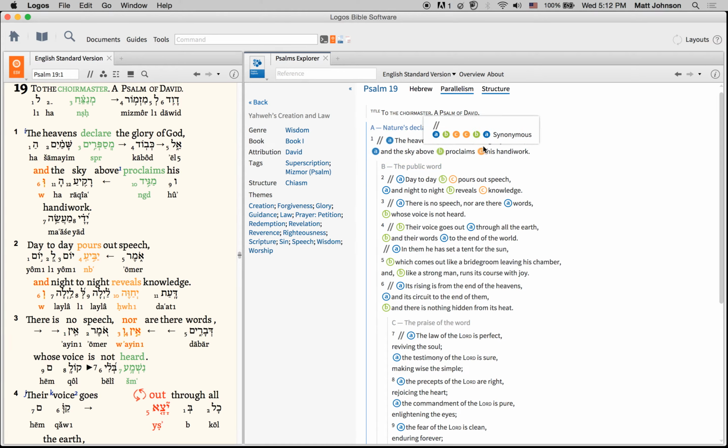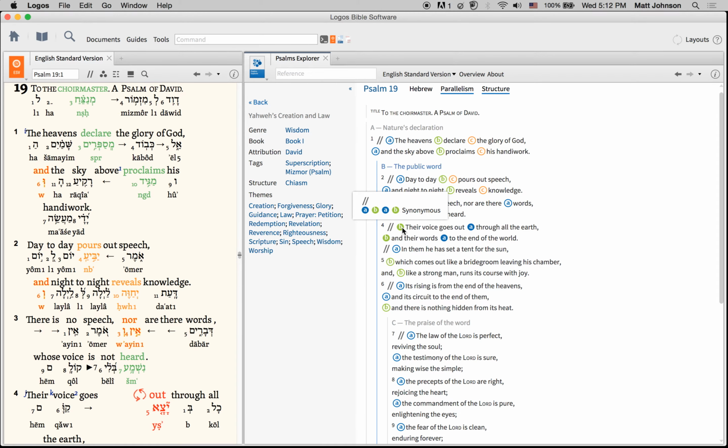And so when we see that ABCCBA, it starts to look like it's intentionally different. There's a pattern possibly happening. We'd have to study more, but this gives us the ability to see that the original author structured verse 1 in one way, verse 2 in another, and we can keep going down and we can see different structures that occur. In verse 4 we see BA, BA, which means